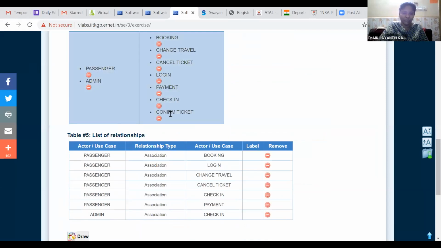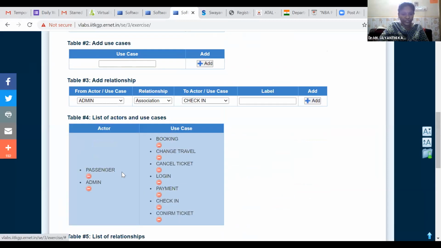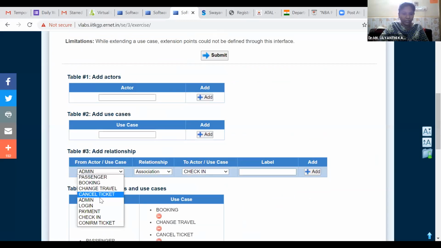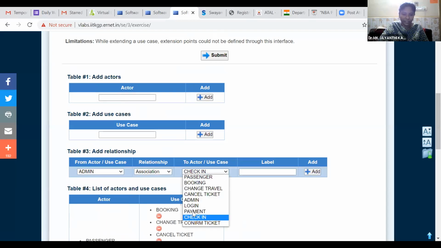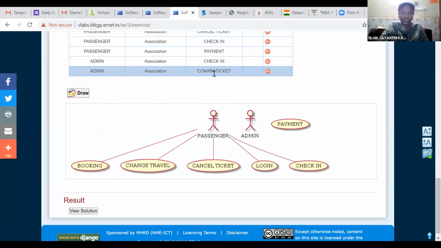So the confirm ticket function is also added to the use cases. Now we'll create an association of the admin with the confirmation. So the admin is associated with confirming the ticket. The admin has the authority to confirm.